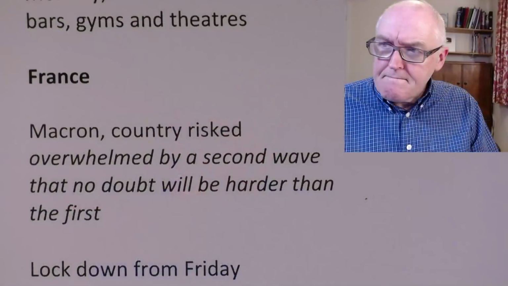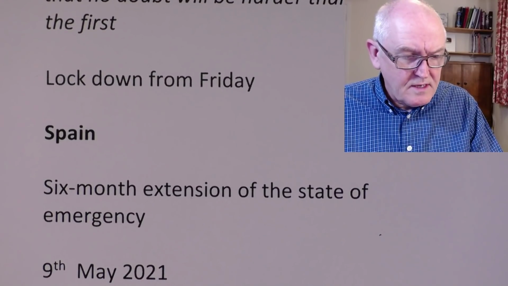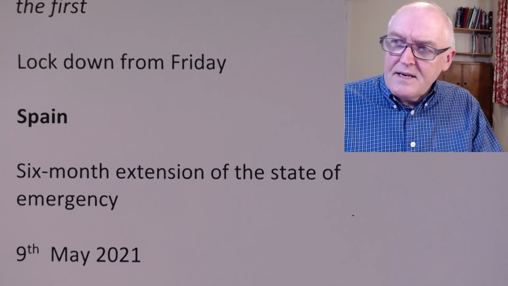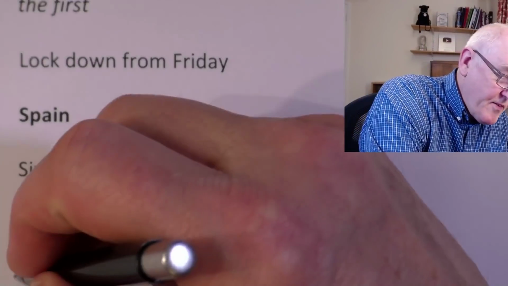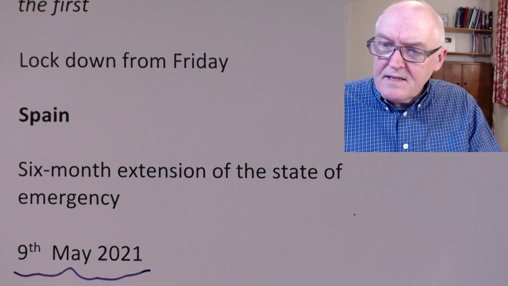Spain. Now Spain has got a 6-month lockdown, sorry, not a lockdown, 6 months extended state of emergency. And if you think about it, that's taken us up to the 9th of May 2021. So Spain is planning this extended lockdown. Now I think what they've got in Spain, I think it's 17 administrative regions. And this state of emergency gives these regions quite a lot of localised power to impose curfews and restrictions and